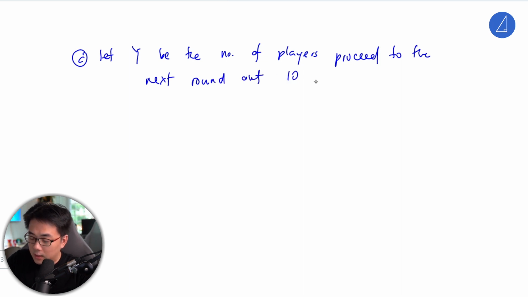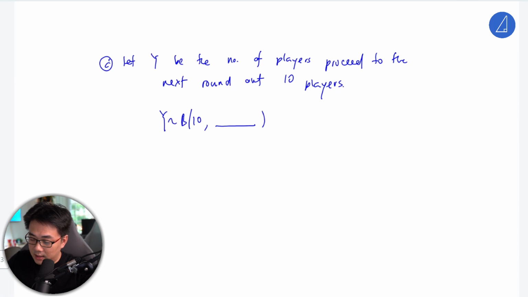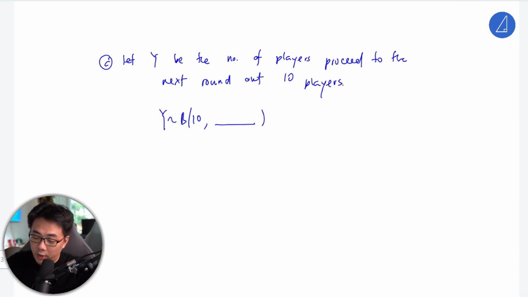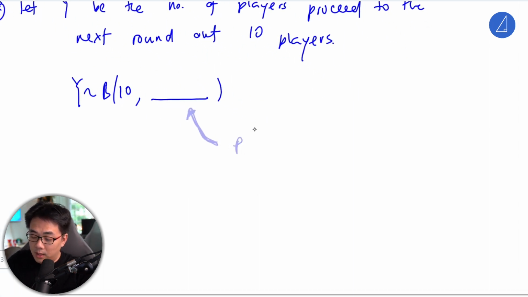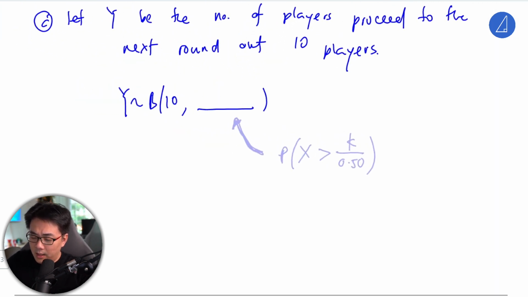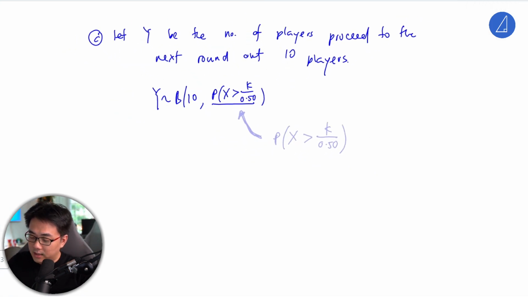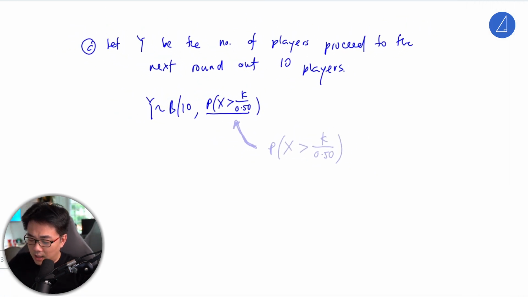out of 10 players. Okay, so meaning out of 10 players, we want to know the chances of it going to the next round, which in this case will be based on the previous binomial distribution, which is P(X). It has to score more than k, so meaning to say k divided by 50 cents. Okay, so this is it. So this is like binomial within another binomial. It's usually something which students have problem identifying, and this case here is hard to see, I understand, but what